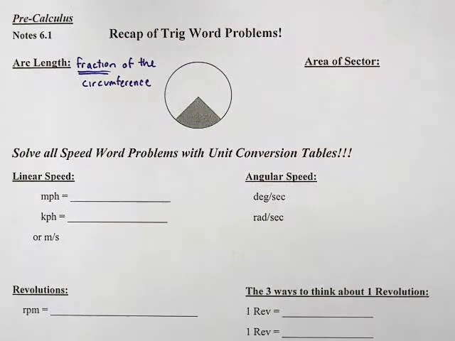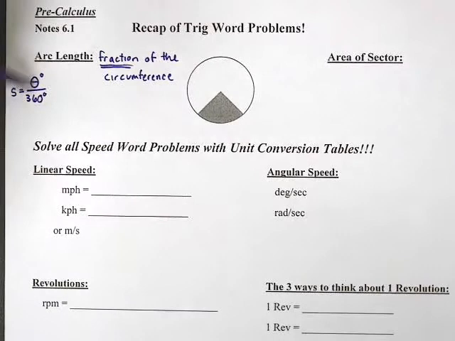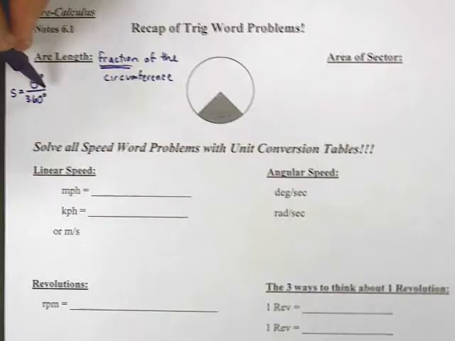The two that we like to talk about are s equals theta, and notice I'm putting a degree sign next to theta, over 360 degrees, and then times the circumference, right? So this gets you the fraction that we're looking for, and then times